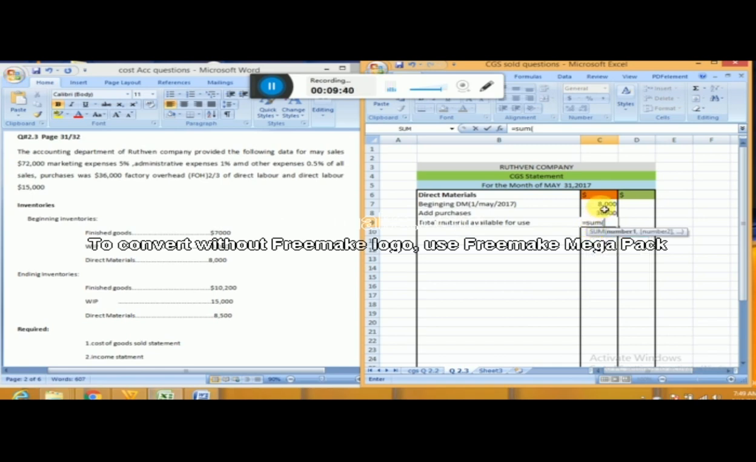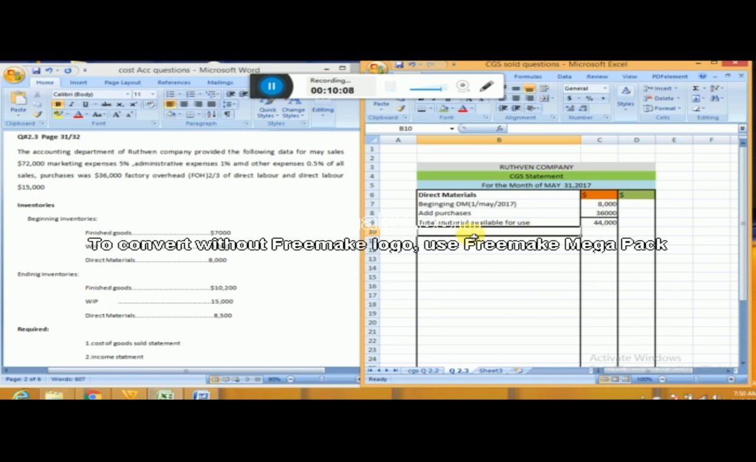Look at the 8,000 material from the previous month and the 36,000 we purchased in this month. So in total, 44,000 material is available for use now. Today is 31st of May. This May is ending, that's why I am preparing the CGS. So when I checked